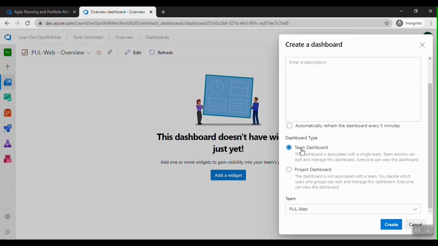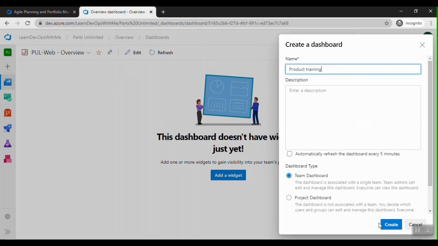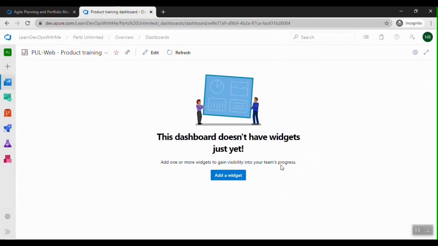So I can say whether it's a team dashboard or a project dashboard, and I can set that all the charts or the entire dashboard have to be refreshed every 5 minutes. All those settings can be done here. Let me create it. So we have a product training dashboard.